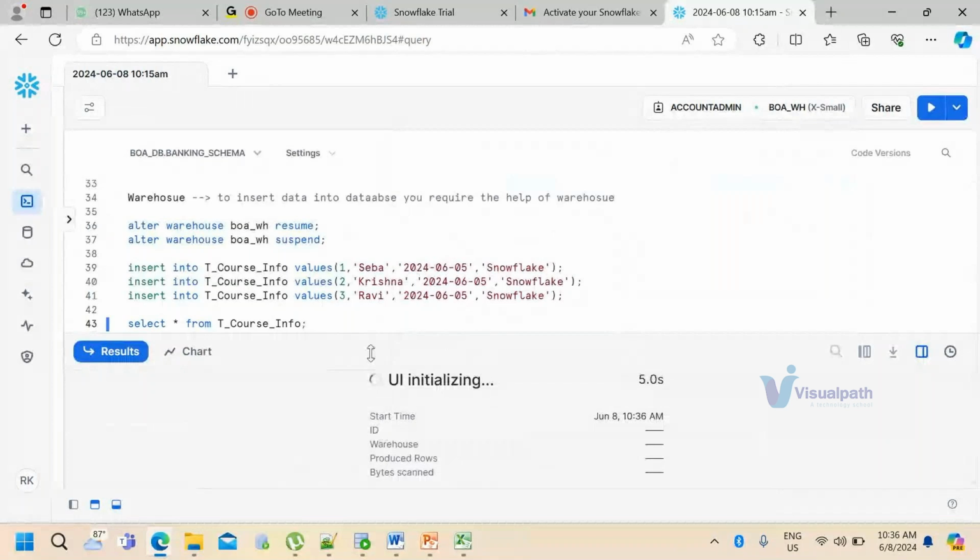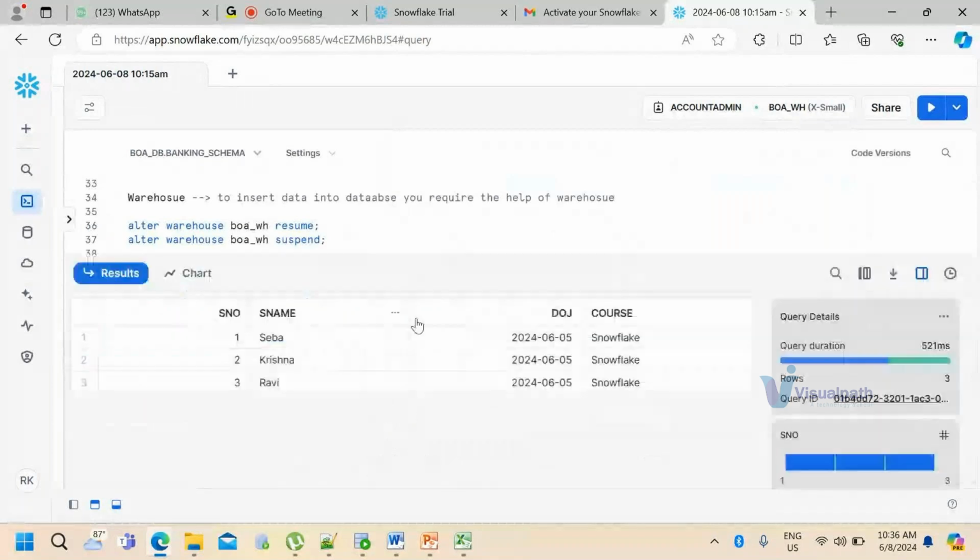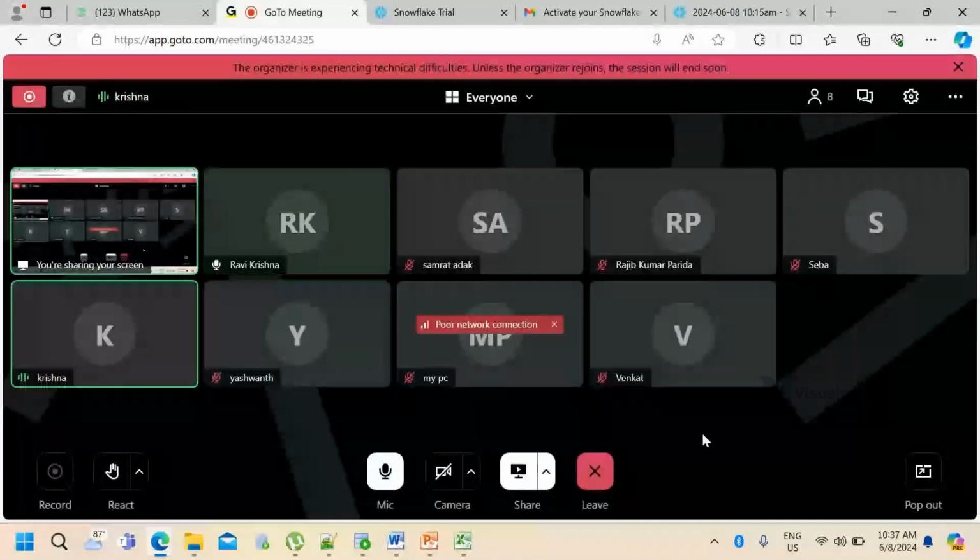Let me just take the questions. Before taking the questions, these are the different questions that I expect from the students. I have prepared. You're able to hear me, right, guys? And I also have one question: is the warehouse like a virtual machine? No, not like that. Okay, I'll tell you that.